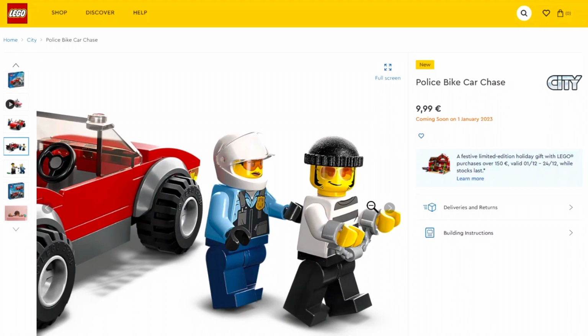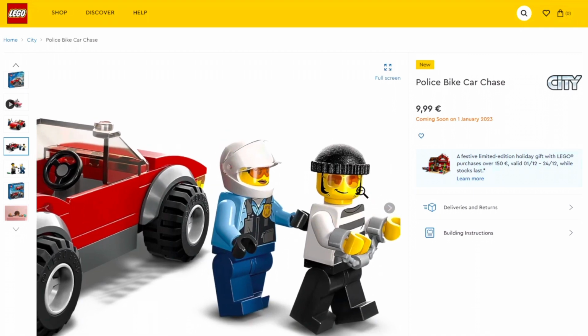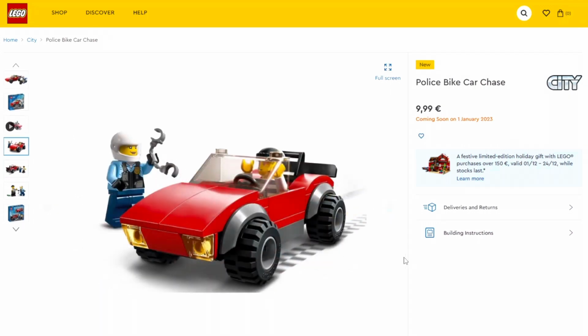So, I mean, awesome printing for the gold around the glasses, and the fact that you can barely make out his eyes underneath just gives it a really realistic look. And then, of course, the sideburns on the side makes him look super sleazy, super dodgy. Really like that face print. Otherwise, this is probably going to sell relatively well. A couple of vehicles, couple of figures, a bit more what you would expect of a standard affair from Lego